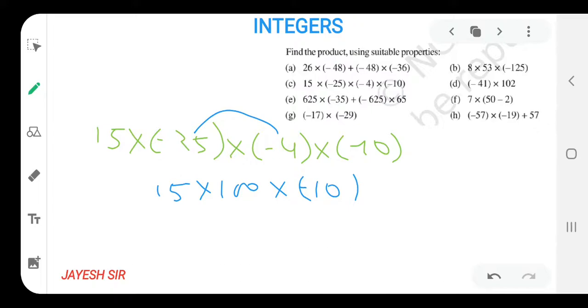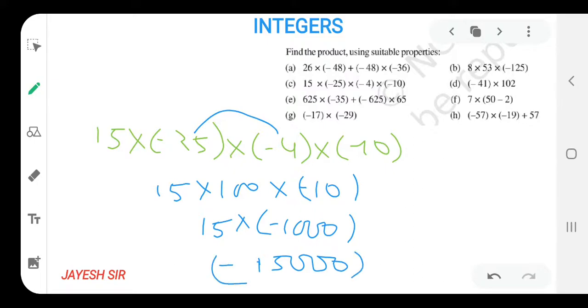Now after calculating this simple thing, your sum is finished. As you can see, here we are seeing two zeros, and here I am seeing one zero. That means 100 tens are 1000, but the minus sign is there, so it will be minus 1000 and 15 as it is. And we all know how to multiply 15 into 1000. That would be 15,000 only. The minus sign is there, so the minus sign as it is. So our answer is minus 15,000. I hope you all might be getting it.